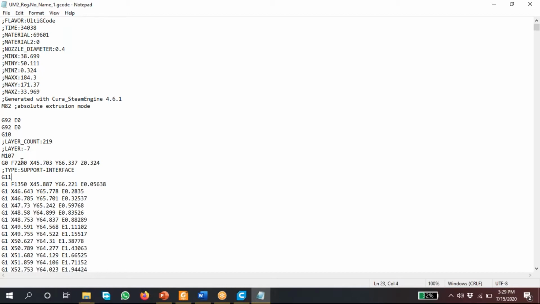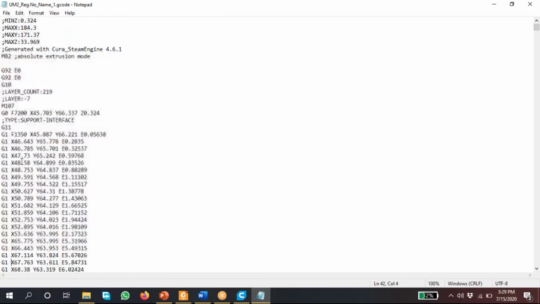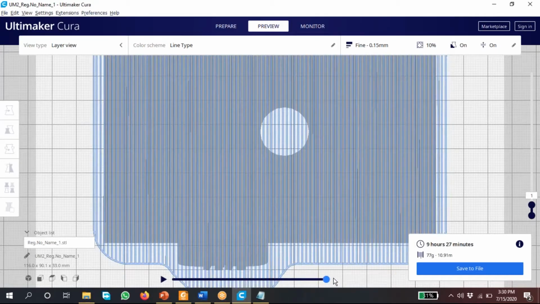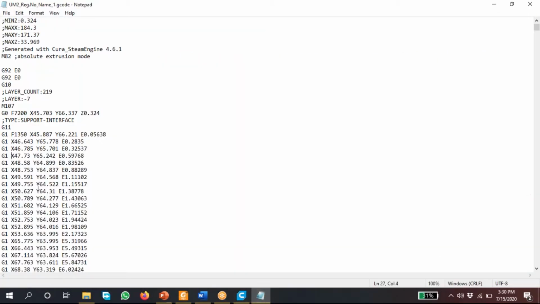Once you observe, you are not seeing any Z here, we are seeing simply X, Y only. Z indicates the layer thickness. Once we complete this nozzle movement for the whole layer, then it will go up.